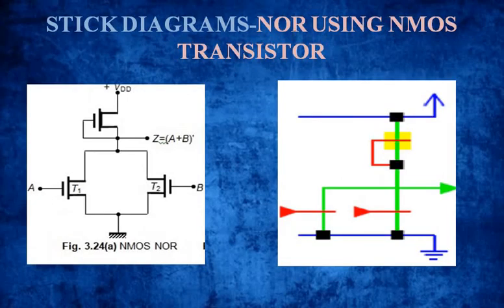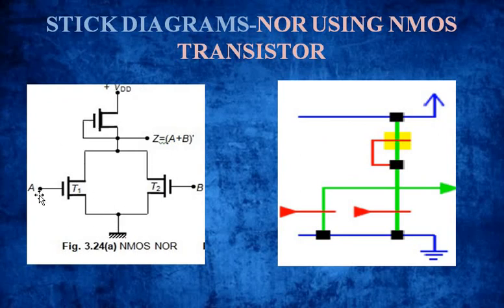Now you are using a NOR gate by using your NMOS transistor. N means only N diffusion, and N means the color should be green. So you see the circuit diagram of the NOR gate by using NMOS transistors. NOR means we get the opposite of OR. This is the inverter you are using. These two combinations you are having. These three are the complete OR gate. These three are your NMOS transistors.